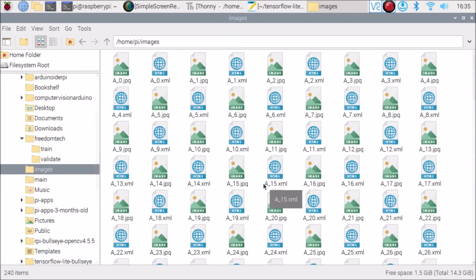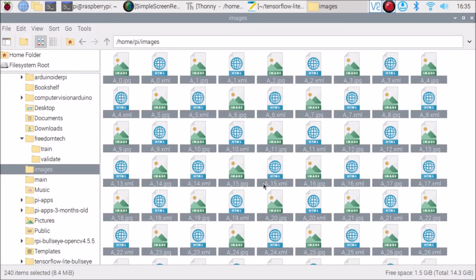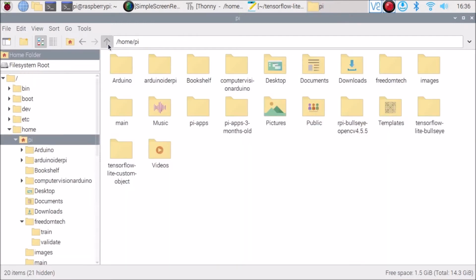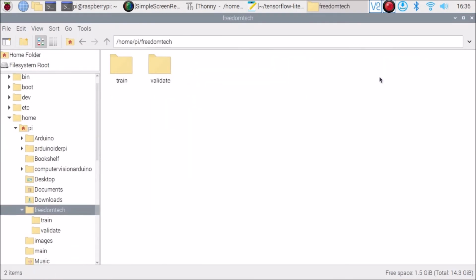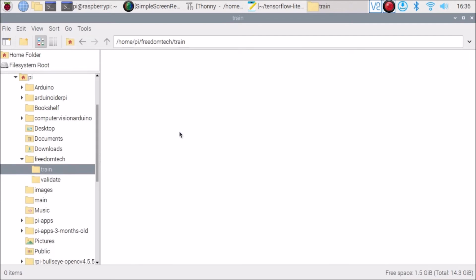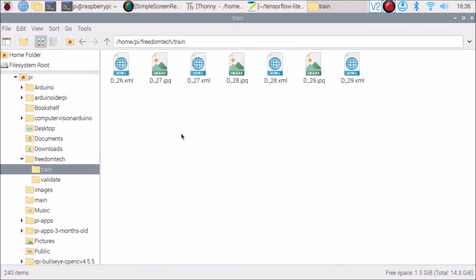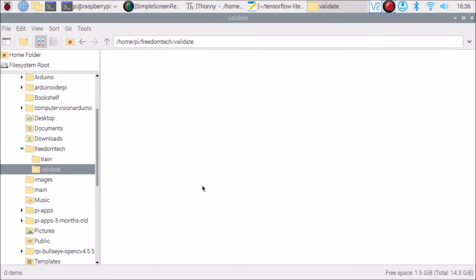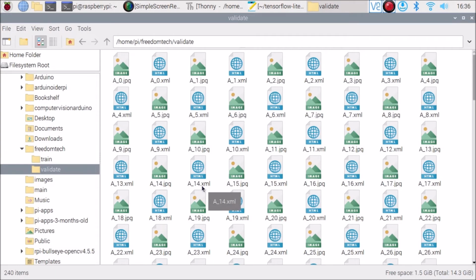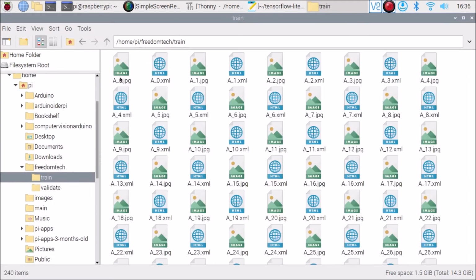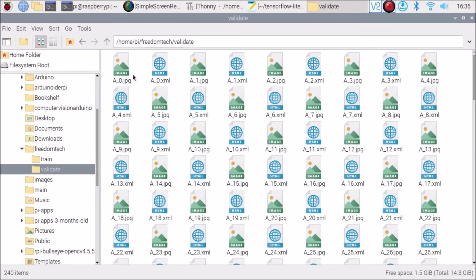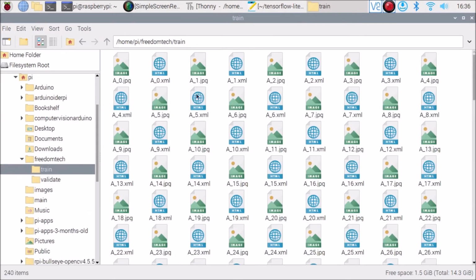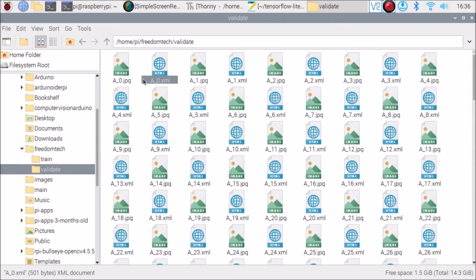So simply press Ctrl+A, select all the images, right click, copy it, and paste these images inside the Freedom Tech train folder. Just paste, Ctrl+V. Then same inside the validate, Ctrl+V. That's it. So now we have our data inside the train and validate folders. Okay, the same data.